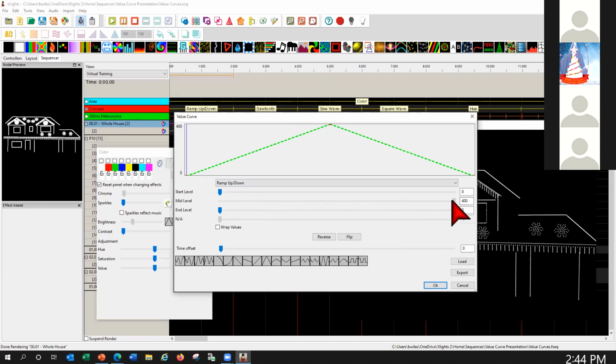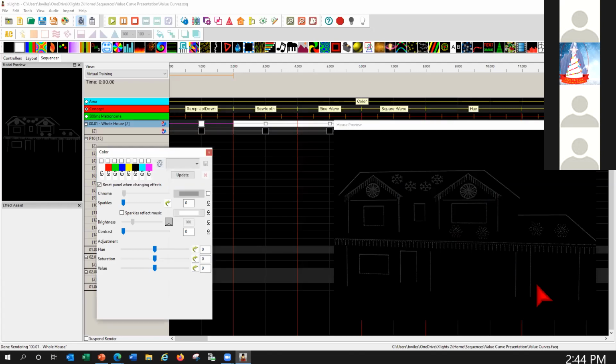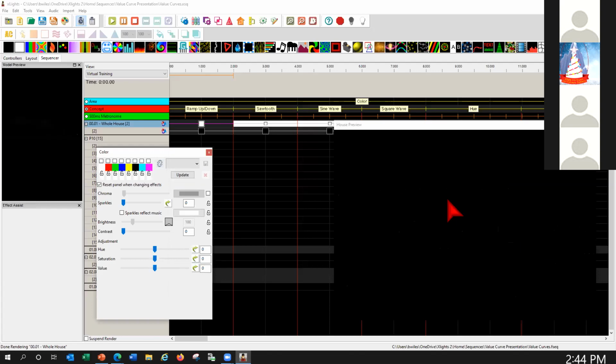You have sliders in here that you can play with to change these curves around. So if I just wanted to go to 100% brightness, I can take this down, or you can type the number. I usually like to type the number because I get the exact number I want. Now what this is saying is my starting level is going to be 0. I'm going to peak at 100, and then I'm going to end at 0. And I'm going to get a nice ramp up and ramp down of the